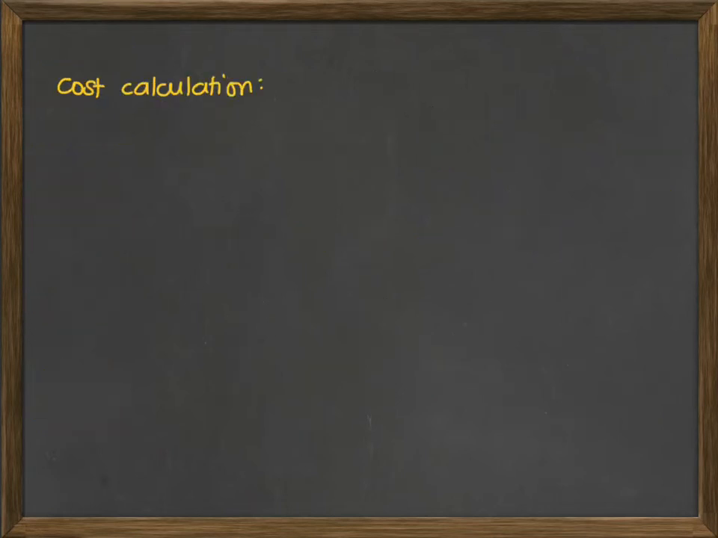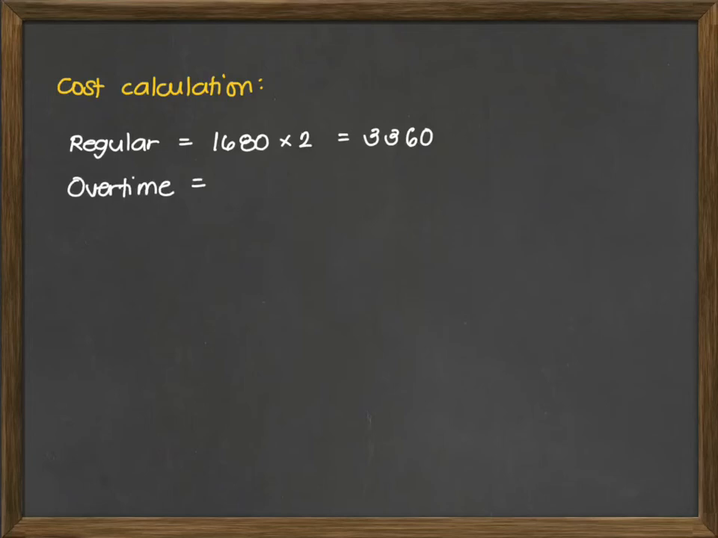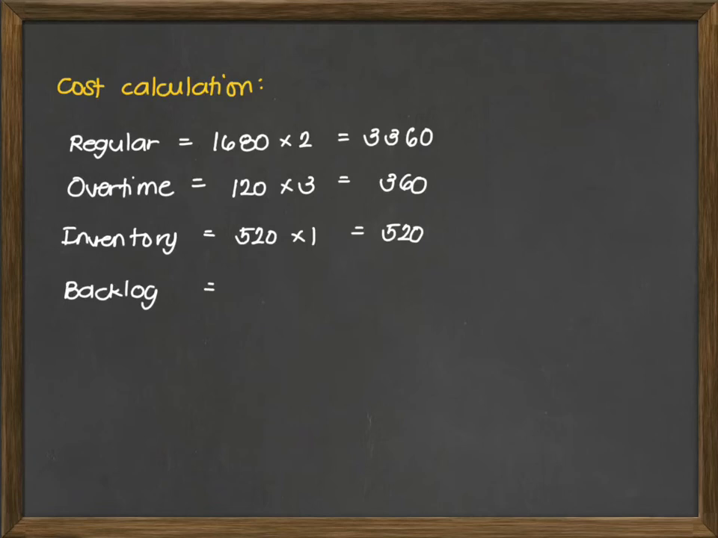Now, let's move on to the cost calculation for this particular plan. So, for the regular production, so we have 1,680 times 2. That's $3,360. Then, for the overtime, 120 units yung in overtime times 3. $3 per unit kasi siya. So, that's 360. And then, we have inventory. We have 520 times 1. We have 520. Then we have backlog of 80 times 5 for 400 for a total of